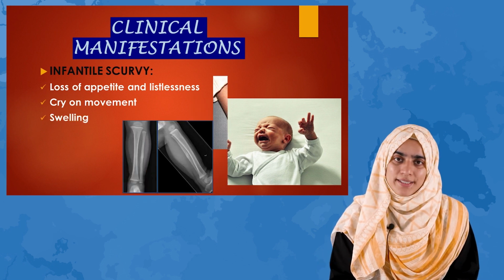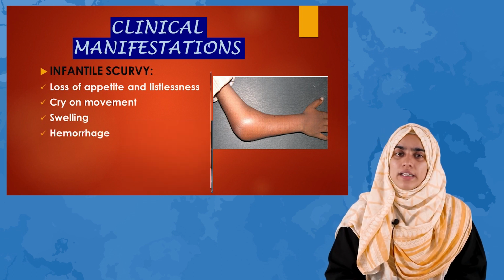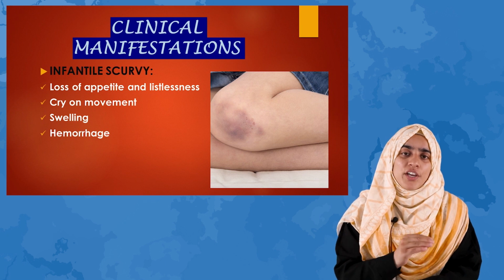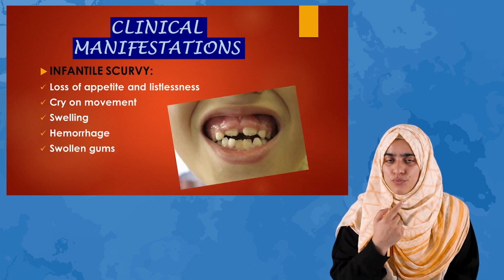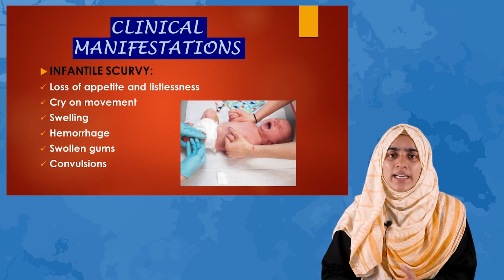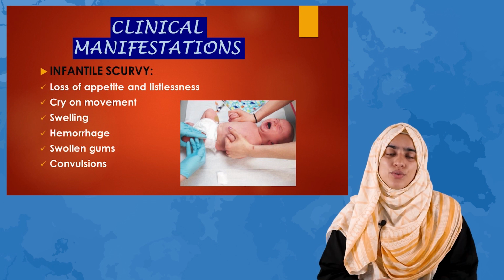At the ends of the long bones, there is swelling. You will find bruise-like hemorrhagic patches under the skin. The gums are swollen. It may lead to convulsions, and if these convulsions continue,